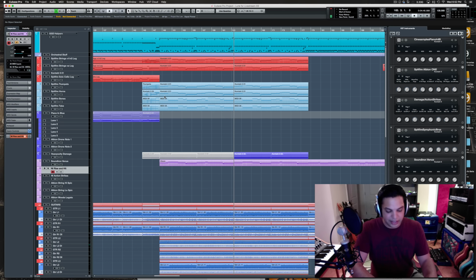I've used 8Dio's pianos. I actually have their 1928 piano, and it's good. I just like Piano in Blue better. I have other pianos that I just like better personally. Let's see. And you're talking about Metropolis Ark 1. That's great. That's by Orchestral Tools. That's their version of Albion, but everything's loud. It's actually a great library, and they have an awesome choir in that. Definitely worth checking out. But it's not as versatile as Albion, in my opinion.